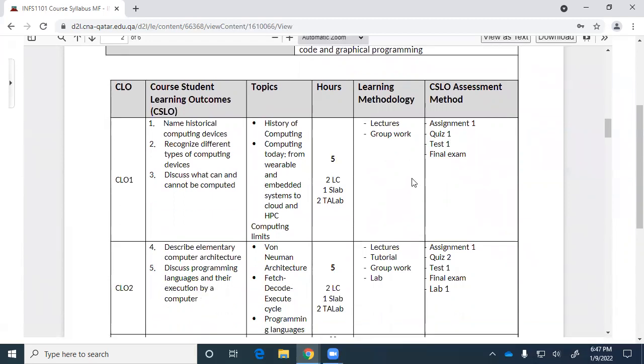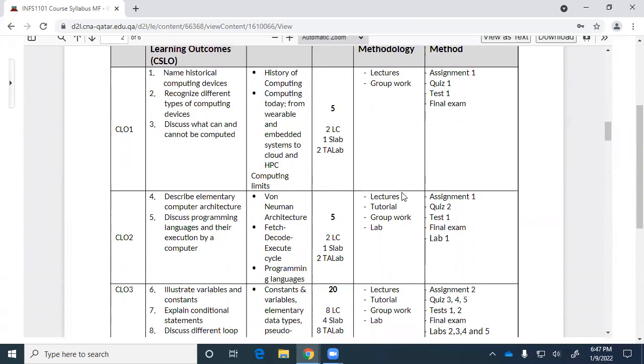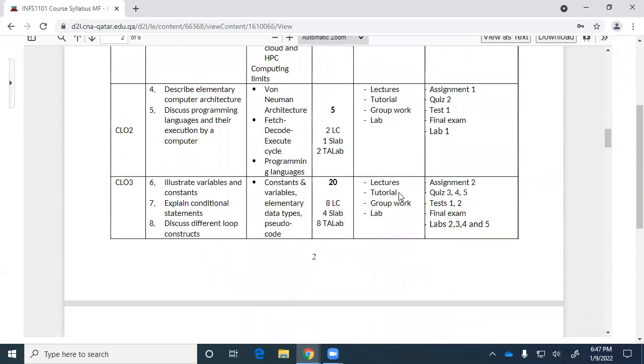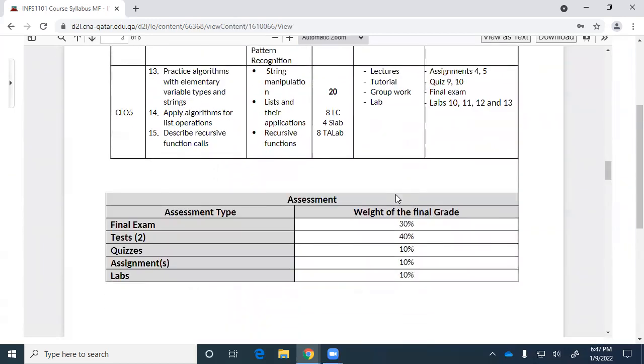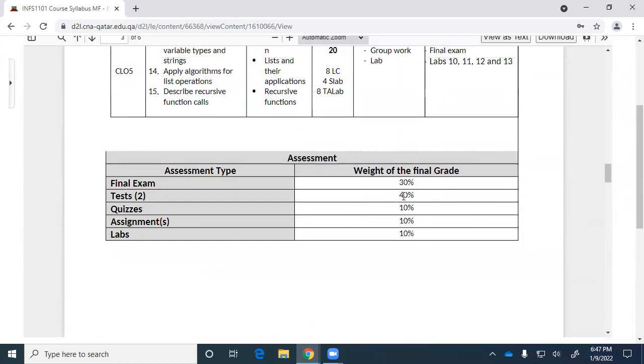Okay, so you're going to have assignments, quizzes, tests, and exams. And that's where you're going to show how you learned all that stuff. And there's a lot of them. And so that's how, in the end, you'll get a mark. And the mark will be somewhere between 0 and 100. And you'll have to get 60 or more to pass the course.